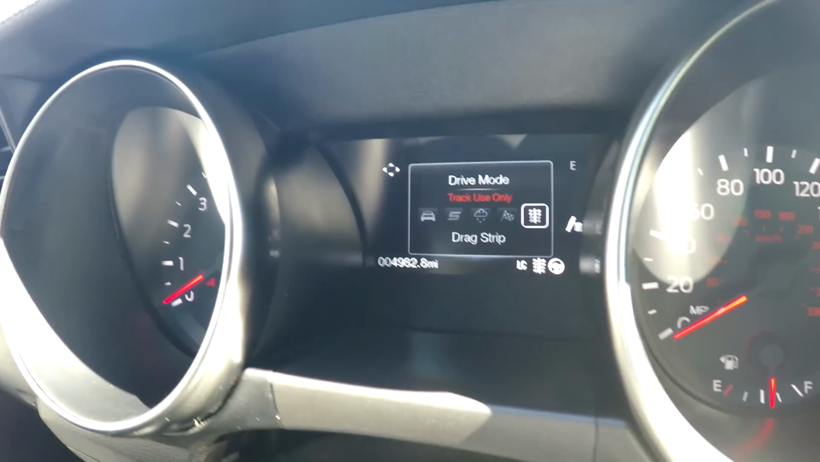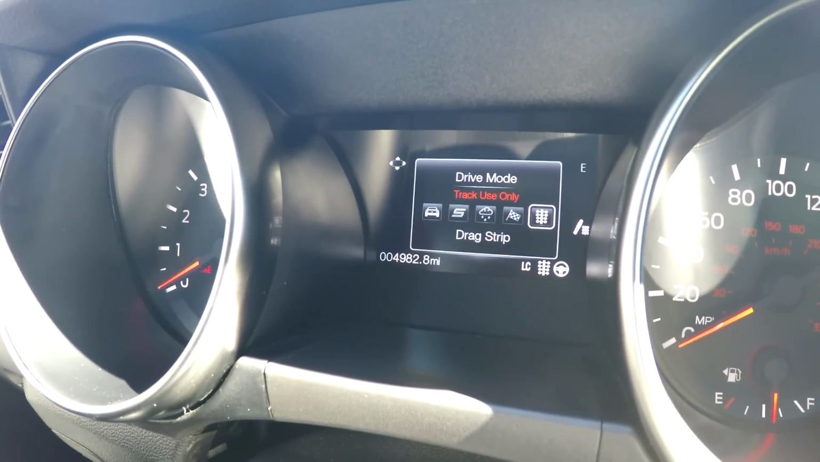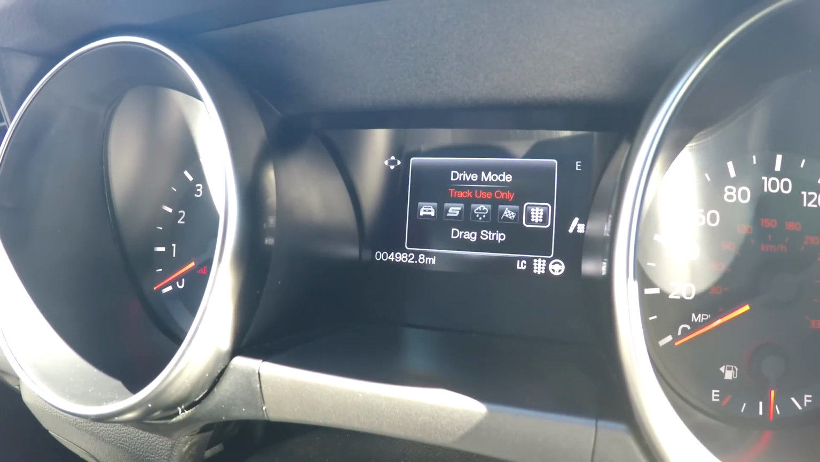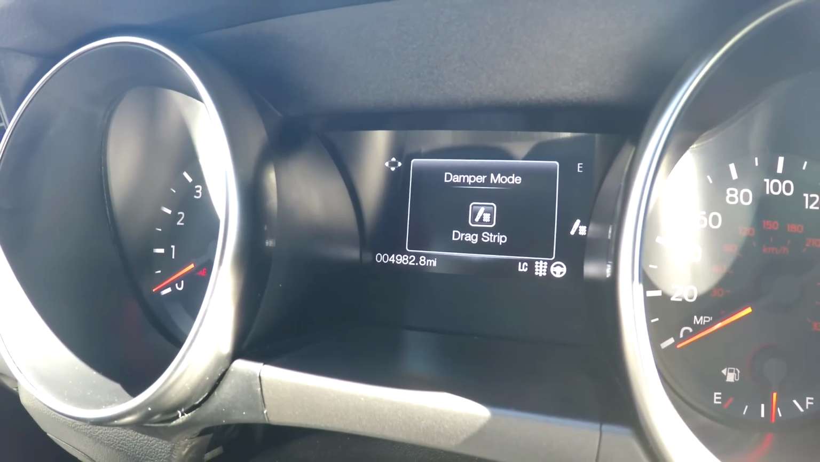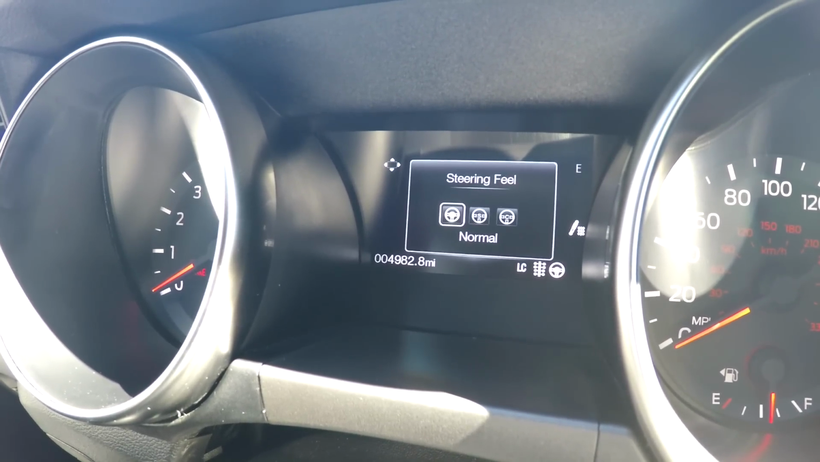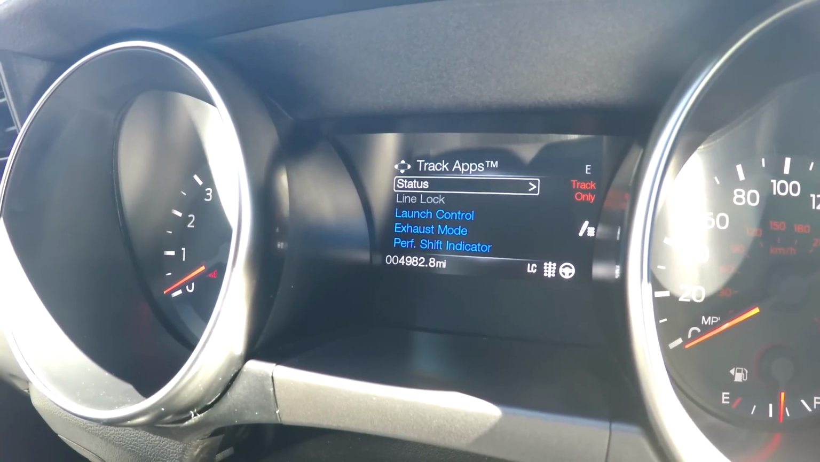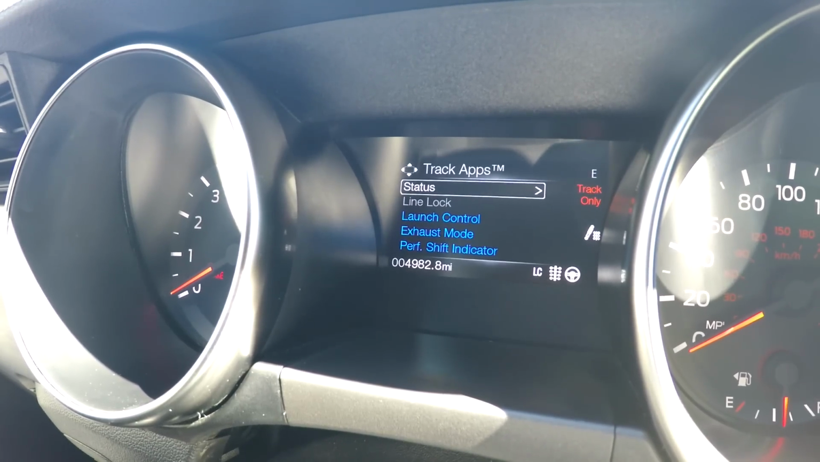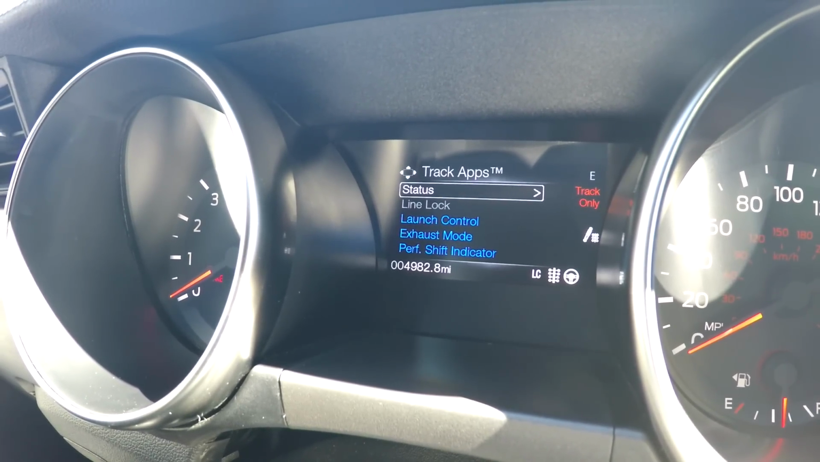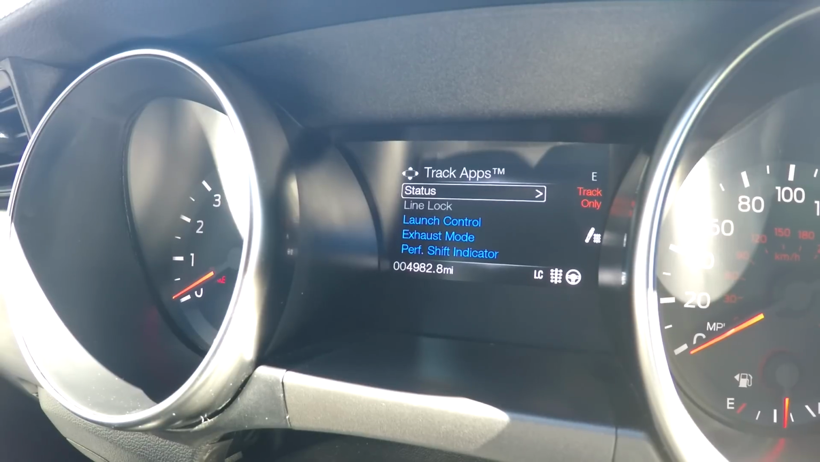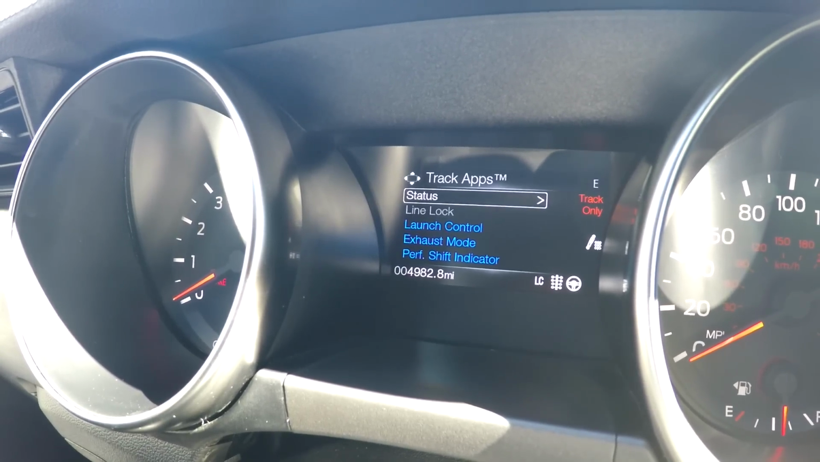Okay, so that's it. So let's see what the drag strip drive mode does for us as far as damper settings. You only get one damper mode, which is drag strip. Steering is defaulted to normal. The exhaust is defaulted to open. And the traction control is on, stability control is on, launch control is on, and I'm just going to venture to guess that the throttle is in a more sensitive, aggressive mode like the track mode is. I don't know exactly what the parameter is, but what I discovered in going through these modes is